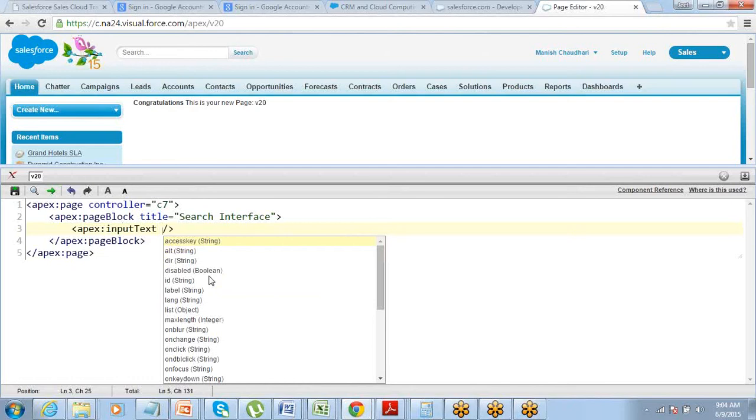Right, I'll use an input text component where the end user can actually enter the details, right?